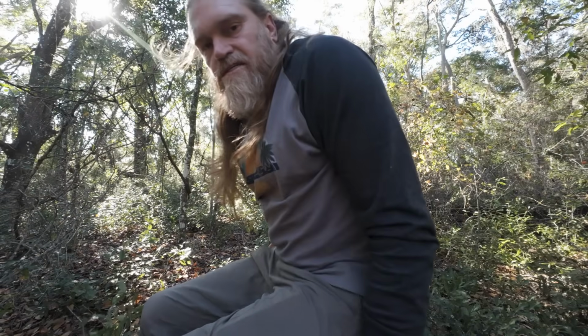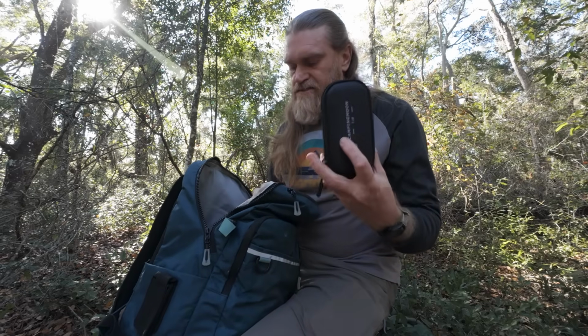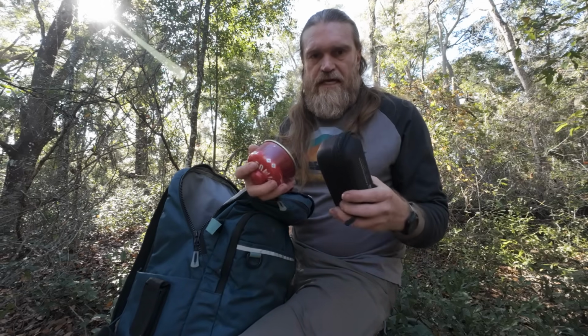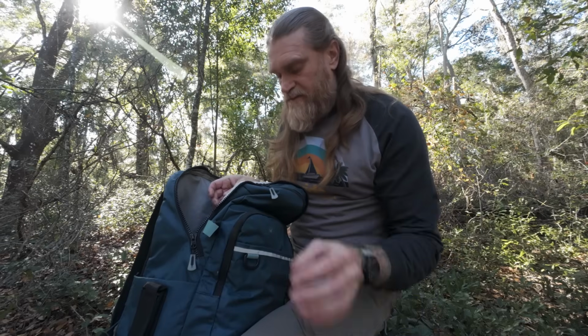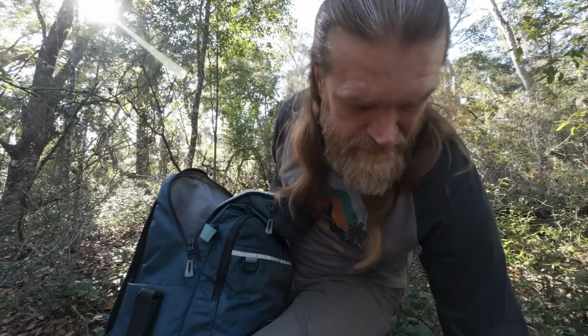Now I'll show you what I have in my pack to make shelter. Well, I guess I'll go through everything that's in this pack. It's not a whole lot here. I do have my lantern, with a fuel canister for it. So that way I have some light and I have some heat while I'm in there. Have a little pot just to make some coffee in the morning. Not really part of the experiment, but I do have my little pillow in here,